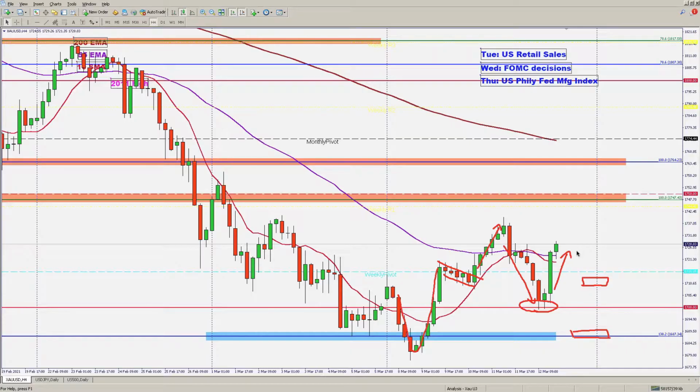So this is going to be interesting, whether it's able to continue, perhaps within this channel, and attempt to climb back up to the 1747 and 1750 resistance zone. So we'll see how this correlates with the US dollar index as well. Let's go back to the daily time frame,